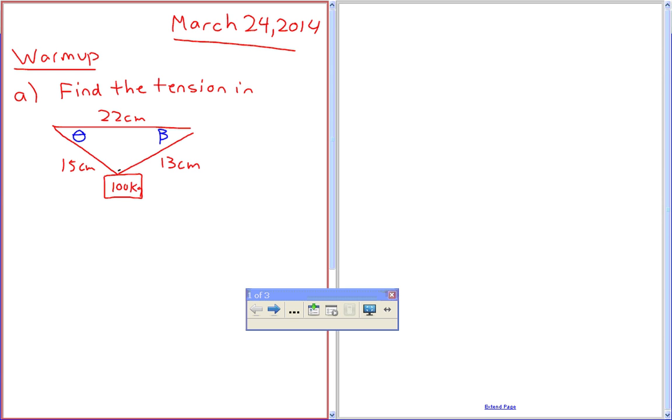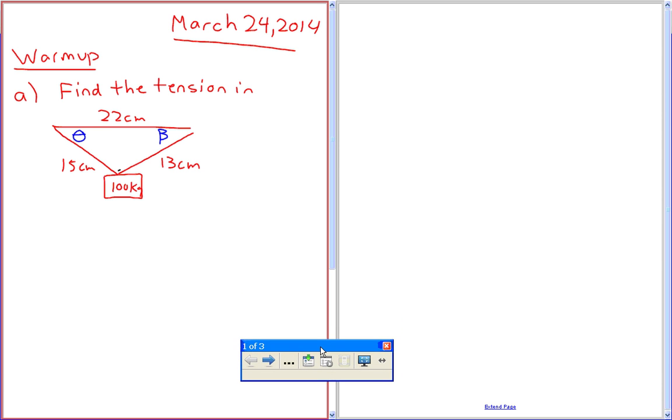I guess we could solve theta. Okay, how do I solve that? It's going to be the cosine law. So you start off with